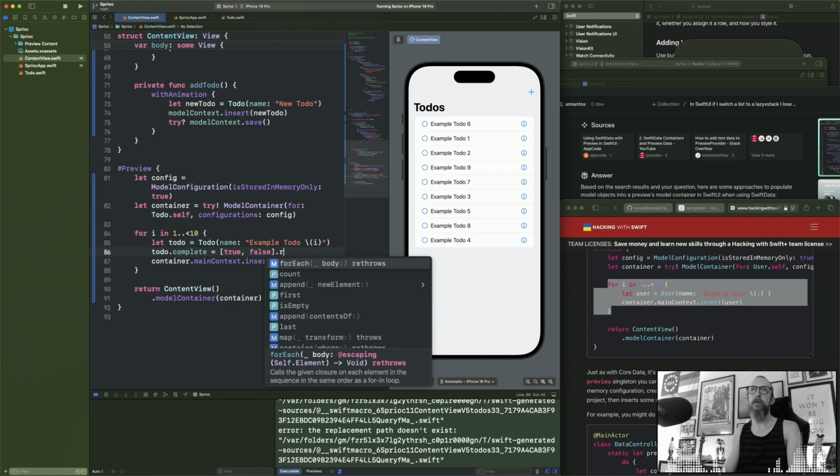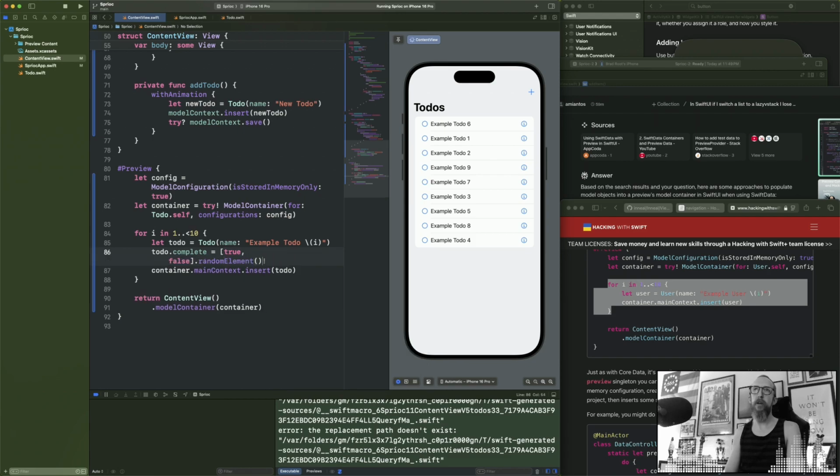We're gonna do the same thing that we did before. We're just gonna create an array with random true falses. If it fails, we'll just have it set to false. There we go. So now immediately, as soon as I did that, we've got some random completed to-dos here that